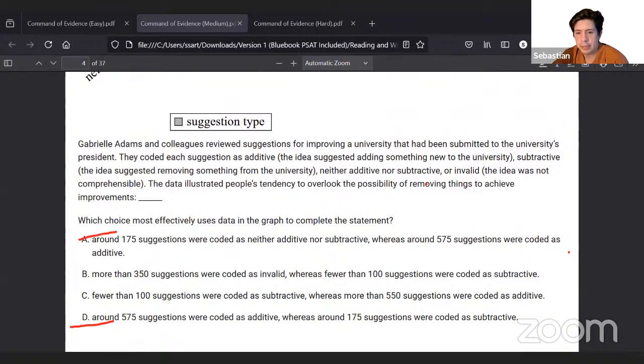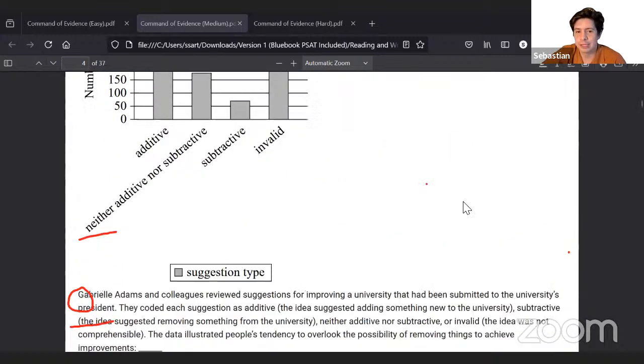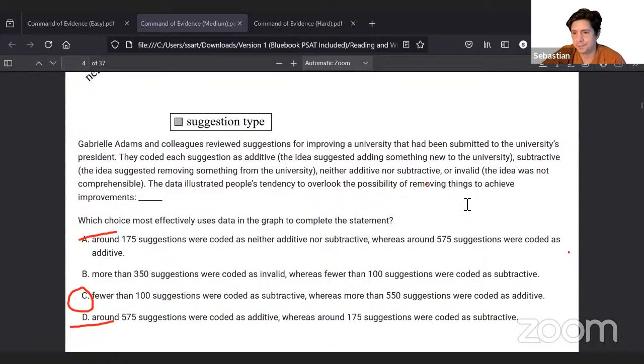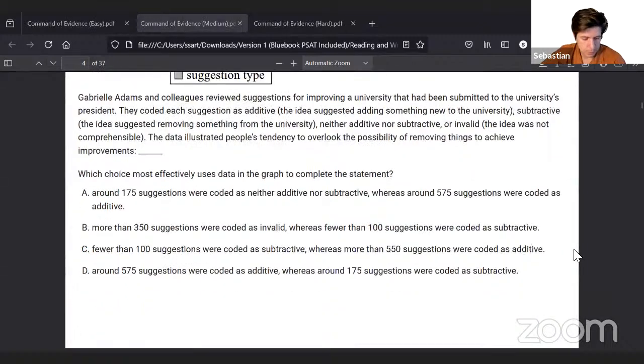This one we can eliminate, and then we're between B and C, right? Which is where we want to be. We want to get to a place where we're choosing between two answers. And then with practice, you'll get good at choosing the better one. And the better one here is C, right? That's making the clear case of how big a drop there is between them. And it's good to compare additive versus subtractive more than invalid versus subtractive, because invalid, if you didn't know the rest of the chart, it would tell you less. But the additive versus subtractive is a very clear contrast. Okay.